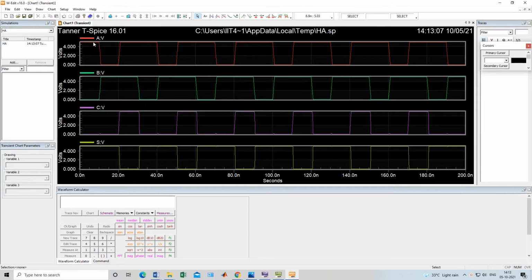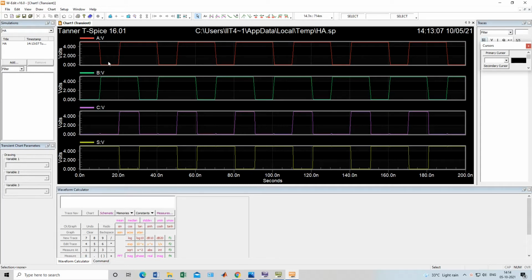So you can see here, the top one is my A input. After that, this green one is my B. This purple, I think, is C, and this yellow one is S. When we add, it starts with A as 1 and B as 0. So 1 plus 0: sum will be 1 and carry will be 0.